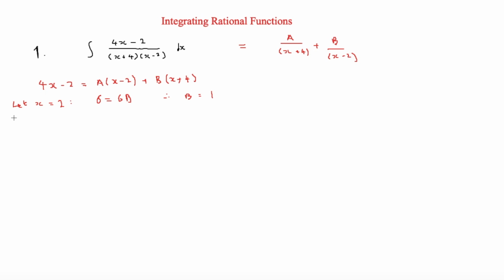Then we can let x equal minus 4, and that will get rid of B. So what we have here is 4 times minus 4, minus 16, minus 2, minus 18, is equal to minus 4 minus 2, minus 6A. That means that we know that A is equal to 3. So now we have our partial fractions, and we can now say that we are integrating 3 over x plus 4